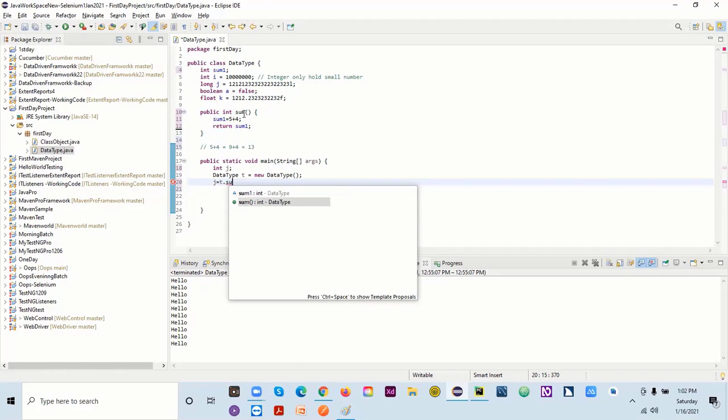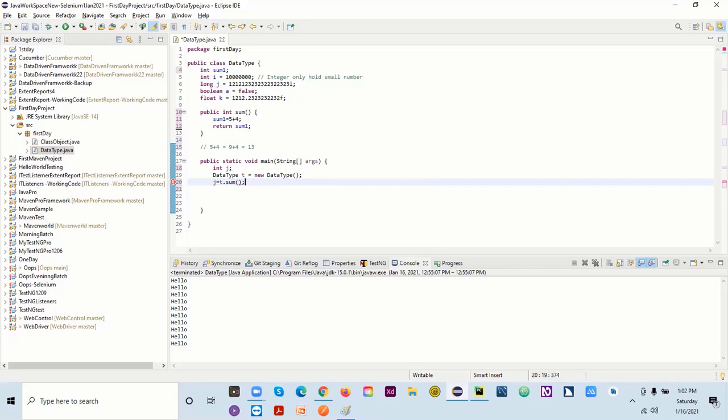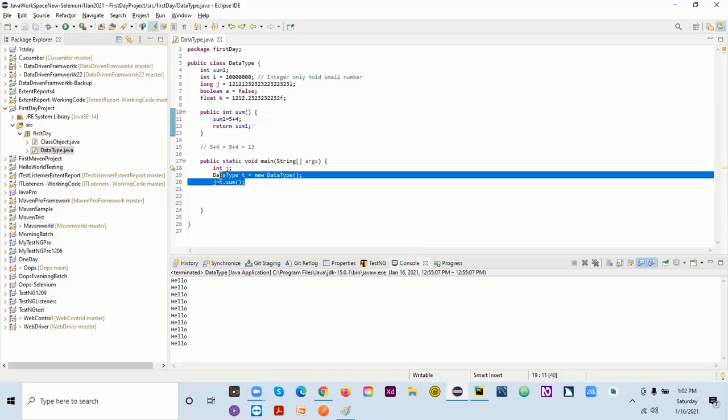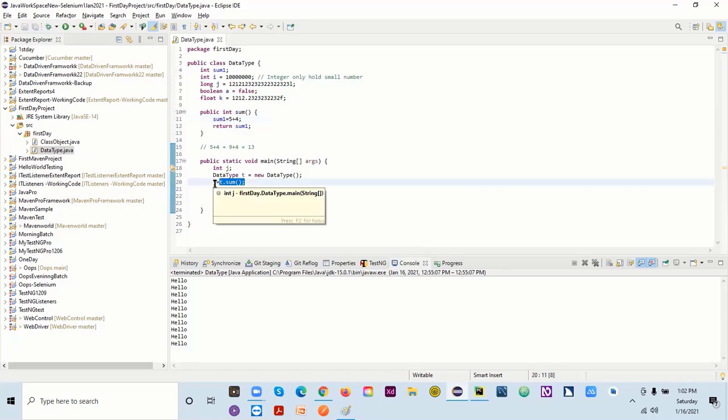This is the method, right? This is the data type. I want to use a method, so this is the method, and let's say here it's done. So now your 9 is now here. So now j is having 9. J is an integer, and now j is having a 9 here.